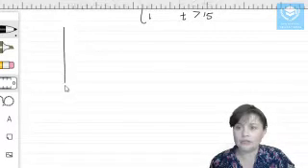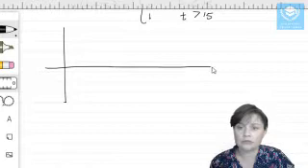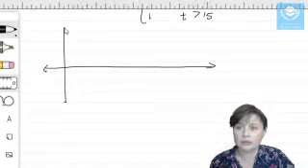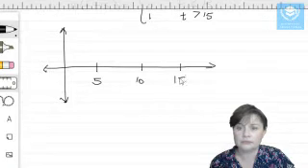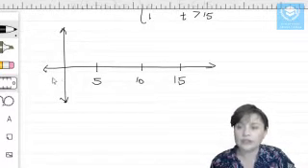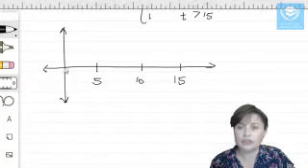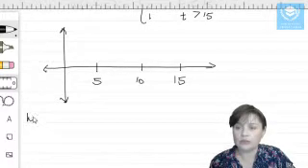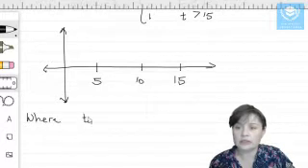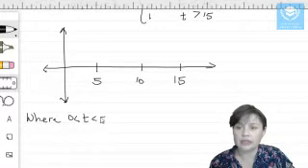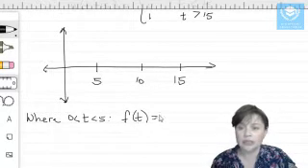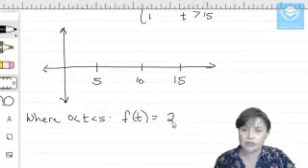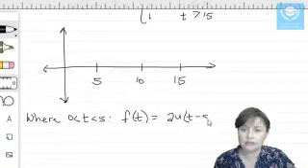So I have intervals on my graph. I have 5, 10, and 15. Right? I've got those three. So the first interval that I need to work out what's happening to the function is between 0 and 5. So I'm going to say where t is between 0 and 5. What happens to f of t? Right? And you remember our function is defined as 2u of t minus 5,